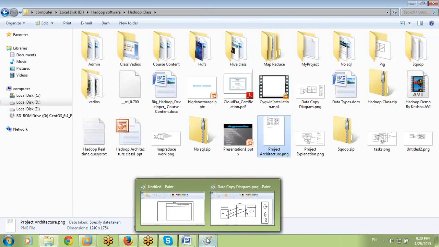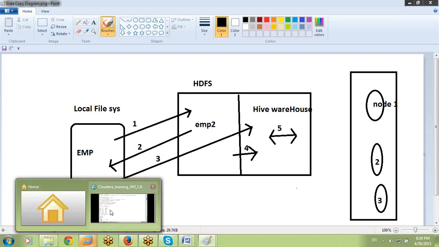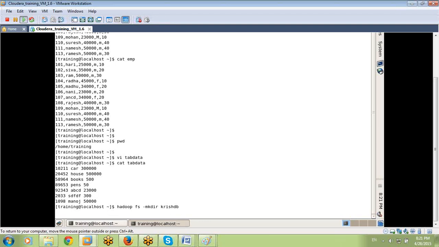After loading data into HDFS, now I want to load that data into Hive tables. How can I? First, let's see the files in HDFS. What files are in my VMware? I already did some practicals in HDFS. The files are available, or else I create one more directory in HDFS. For the first time, create a directory in HDFS: hadoop fs -mkdir chrisdb. I thought it was already there. Let's check it.